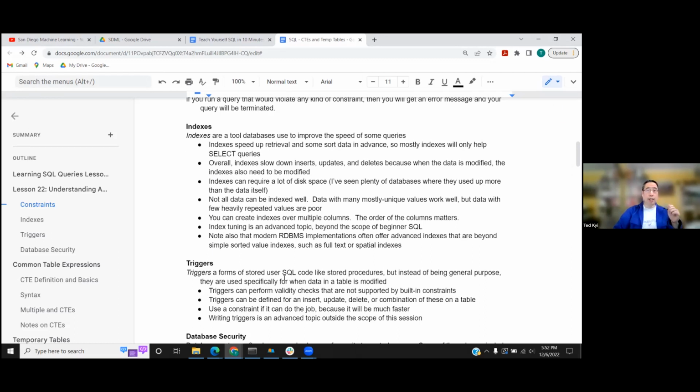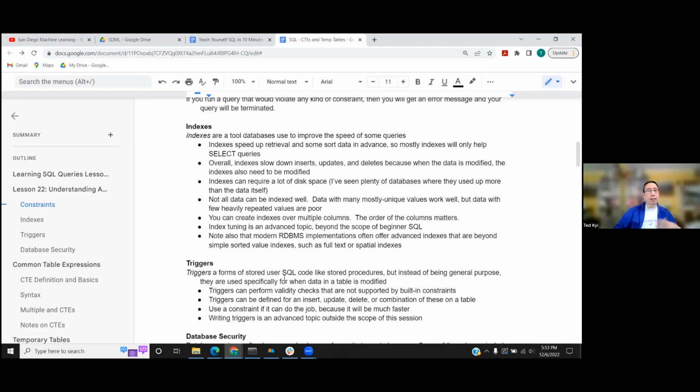Generally speaking, retrieval is part of select queries, but you can imagine that if you're trying to update one particular row, first you need to find that row. And so in fact, having an index might actually speed up an update where you're updating a particular row. So it's not only speeding up select queries,